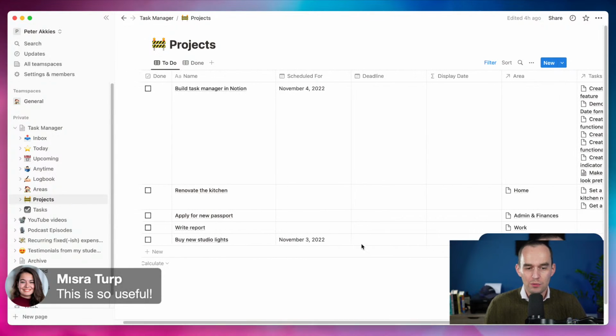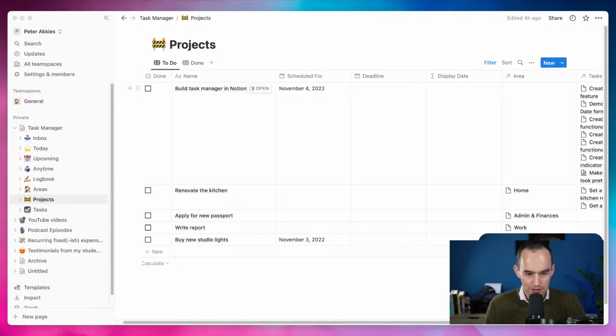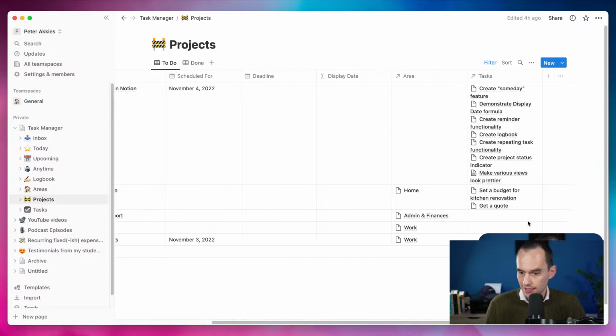Okay, but what I want to do is I really want to make it so that we can have an indicator for how far along we are in this project. So what percentage of the tasks in the project have been done. All right, what we're going to do is let's just create a new